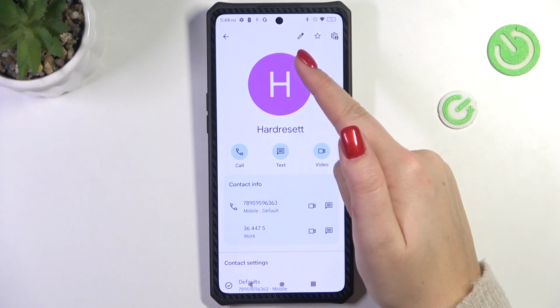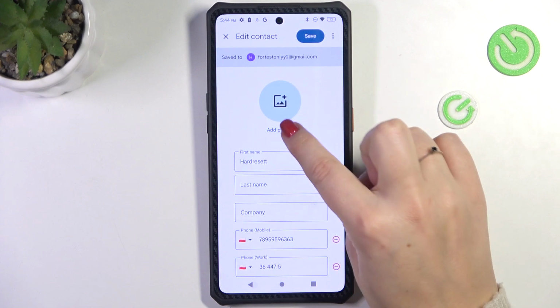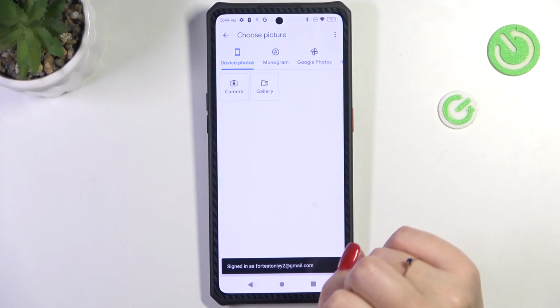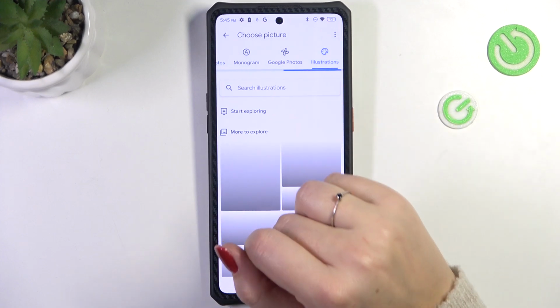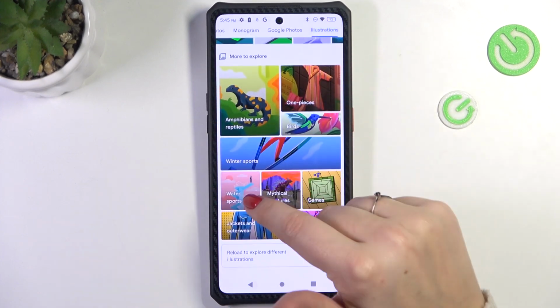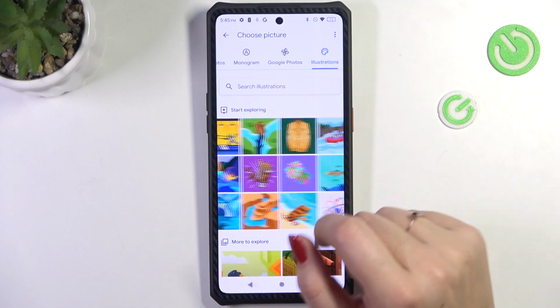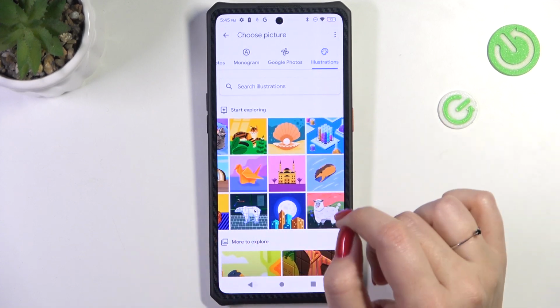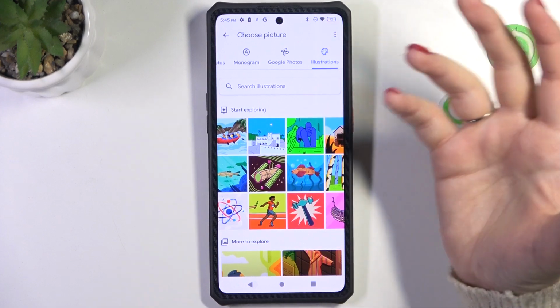So let's tap on this edit icon in the right upper corner, so the pencil icon, and now tap on add picture. Here you can either choose something from the device photos, monogram, Google Photos, or illustrations. Illustrations are available online and they are free of charge. So they are the best option to choose from if you do not have the photo of the specific person and you'd still like to